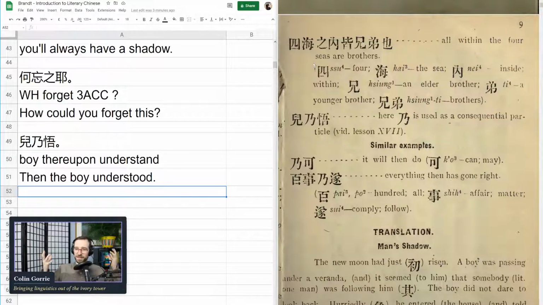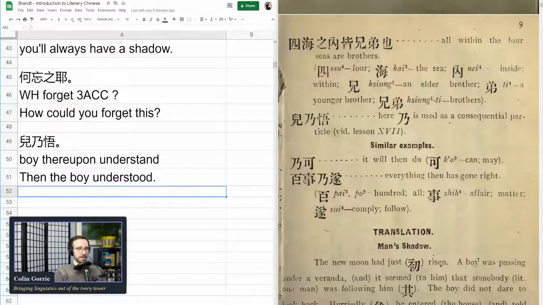We have this nice compound of elder brother, younger brother, meaning brothers, and then this particle, which, that's interesting. I am curious to learn more about it, other than to say final particle. We may not get any better than that in this book, but